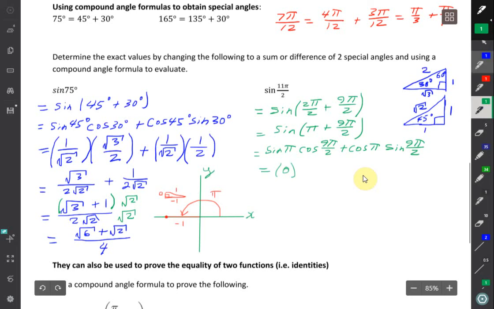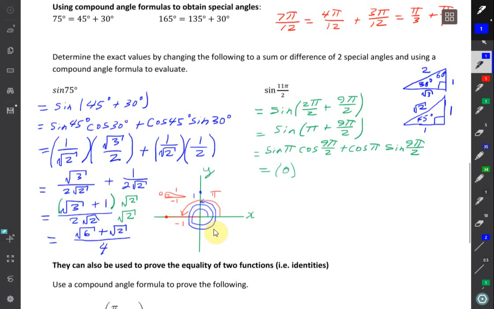So with the 9 pi over 2, every quarter is a pi over 2. So that would go once around. That would be 4 pi over 2. If I go around again, that's 8 pi over 2, and then one more takes me to 9. So 9 pi over 2 is on this axis, and once again we're going to label this side length 1. Now in this case, the adjacent is 0, and it's the opposite that's 1, along with the hypotenuse. So this hypothetical triangle would look something like this,